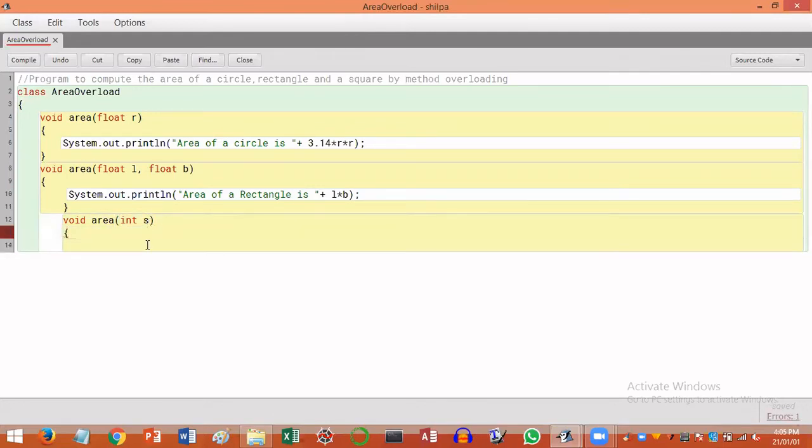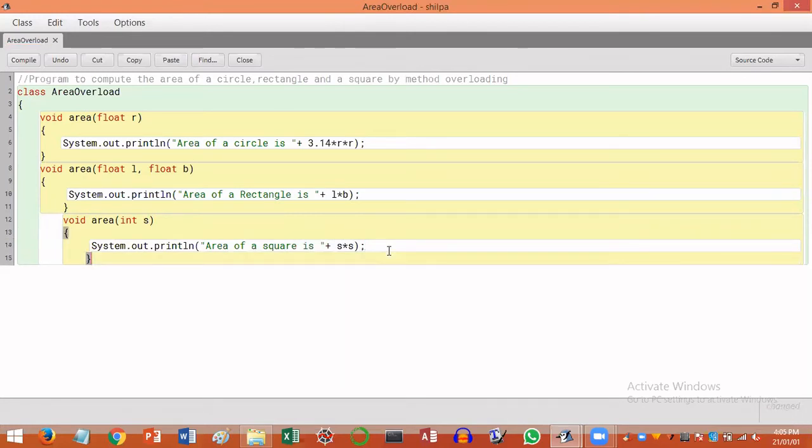Next, I'll compute the area of a square by changing the formula. Area of a square is s into s, that is s square.